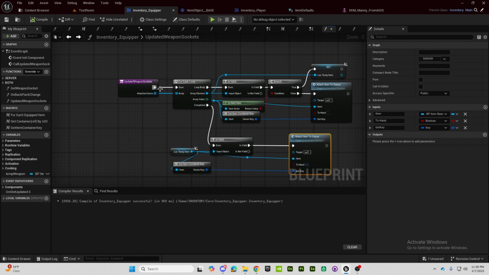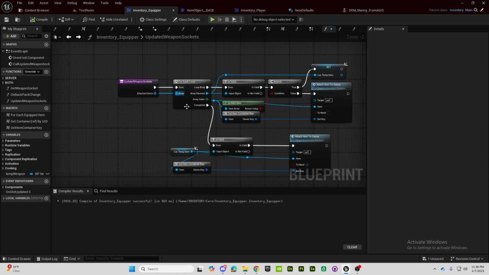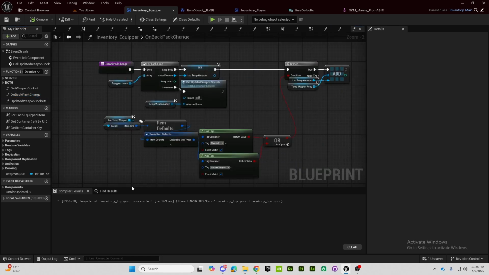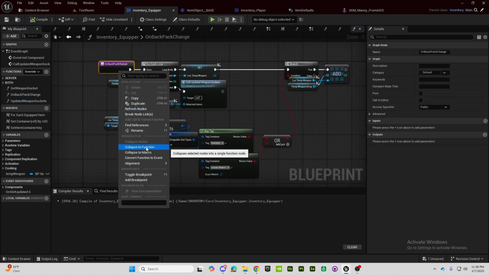And where you would want the delay would probably be right here. Delay until next tick would either go right here or completed. It probably would need to be at least at the beginning, so all the items will get adjusted with the backpack. So once we have completed this for our on backpack change,